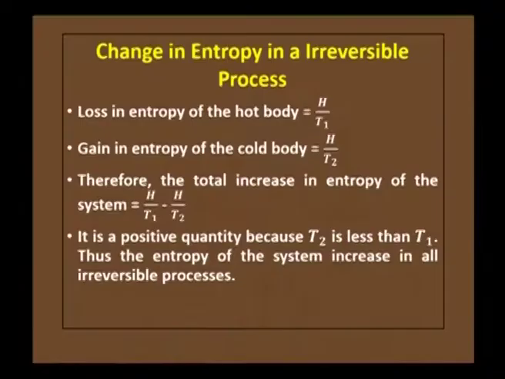Because of the second law of thermodynamics, in each infinitesimal heat exchange process between the system and the reservoir, the net change in the entropy of the universe, dS total, is equal to dS system plus dS reservoir, which is greater than or equal to 0. When the system takes in heat by an infinitesimal amount delta H1, for the net change in the entropy dS in this step to be positive, the temperature of the hot reservoir needs to be slightly greater than the temperature of the system at that instant.